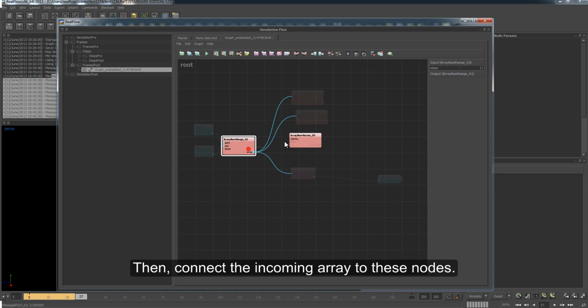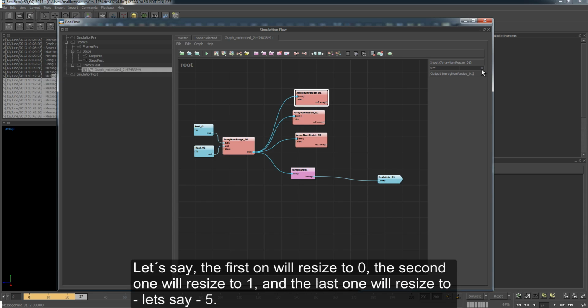Connect the incoming array to these three, and let's say the first one we resize to 0, so that array will contain not a single element. This one we resize to 1, so this array will contain exactly 1, and this one, let's say 5,